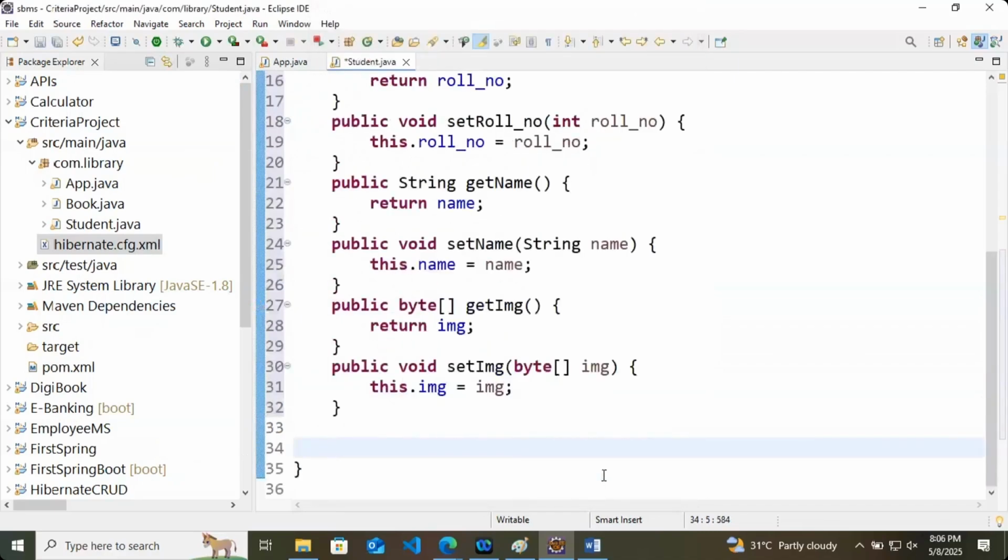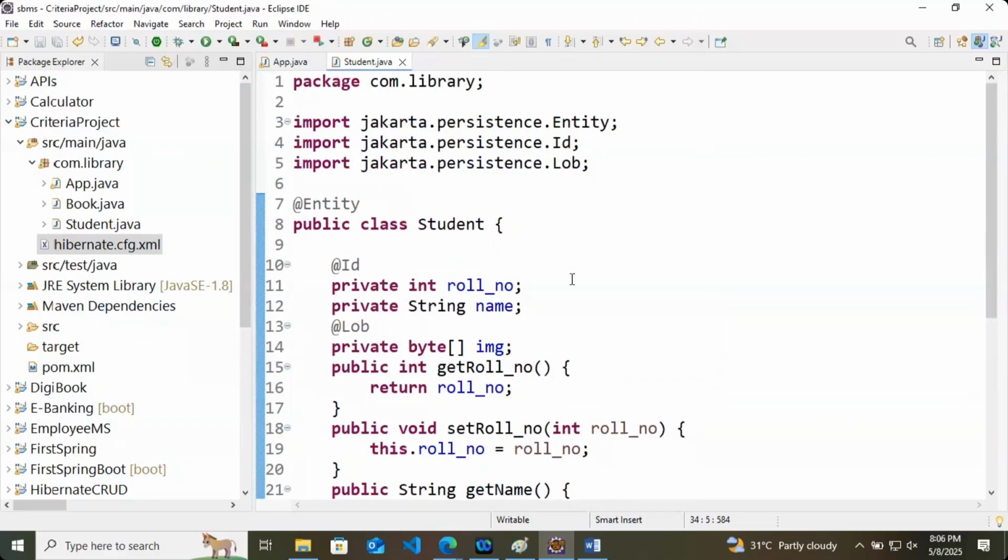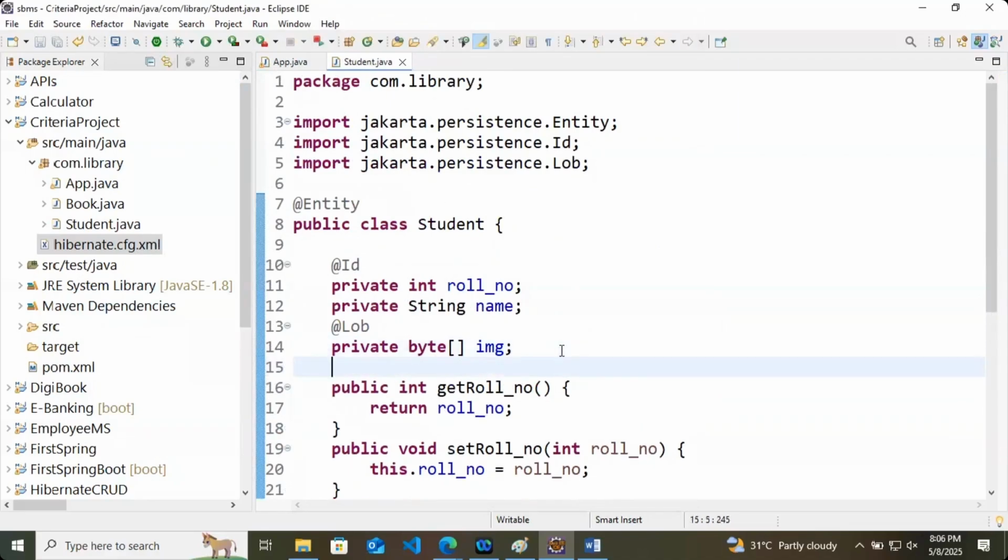Here we will use one concept of exceptions. Now I am getting one question: what are checked and unchecked exceptions? Checked exception and unchecked exception, compile time and run time. We will use that concept here, so I asked the question. Anyway, checked exceptions are checked at compile time, and they must be handled.